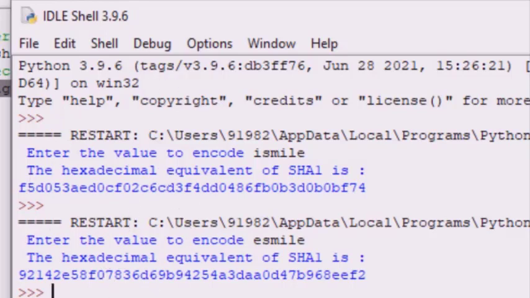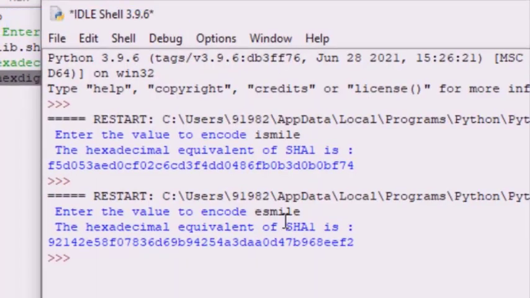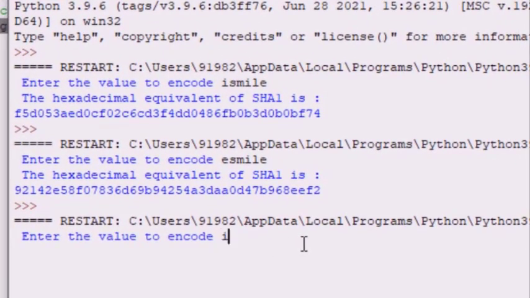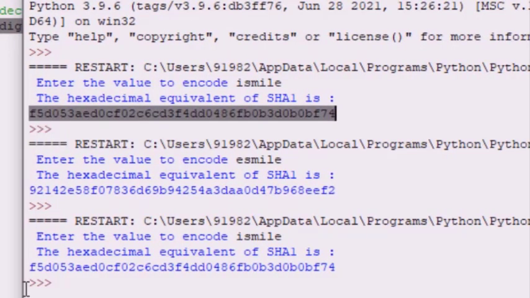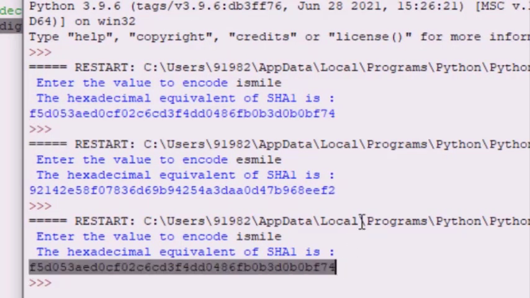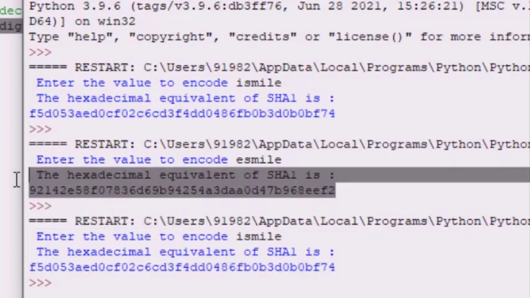So this is the Python code for implementing this particular algorithm. If I again enter the string as "I smile", can you see the result is the same, and if you make any change the result will differ. So thank you everyone.